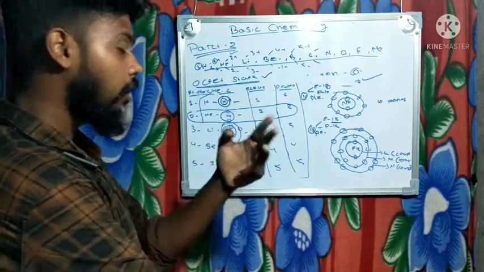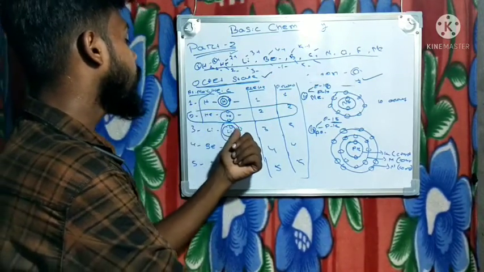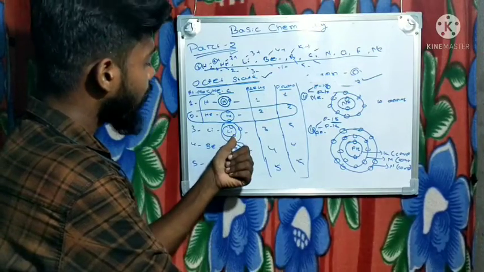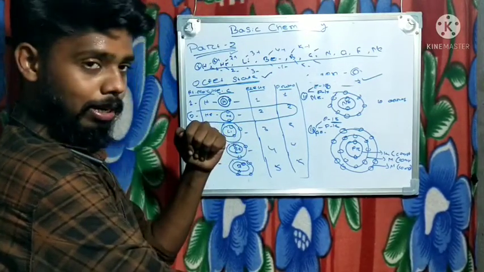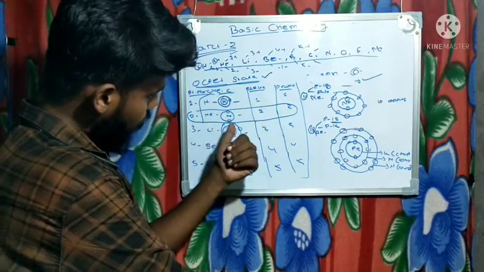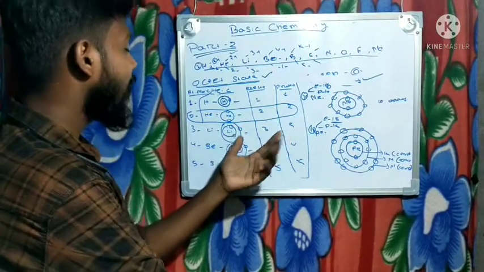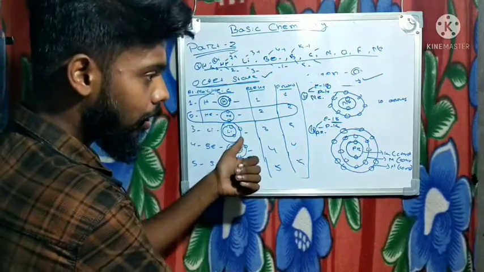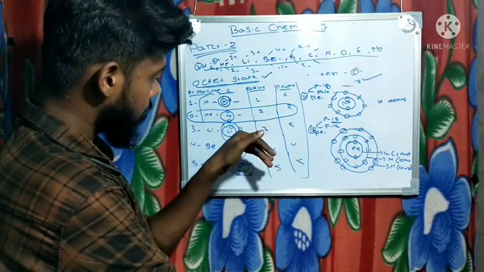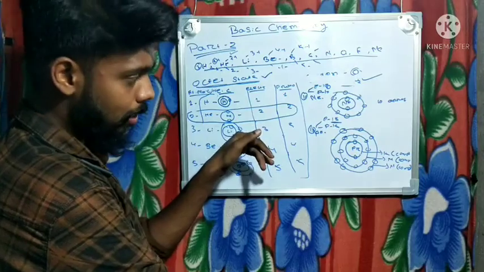Then lithium having 3 electrons. 3 electrons means it should contain 2 electrons in the K cell, and the next cell would be having 1 electron. And as 1 electron is present in the next cell, can you say that the next cell is completed? Neither is the next cell completed. Can you say that K cell is complete, M cell is complete? Can you say that?